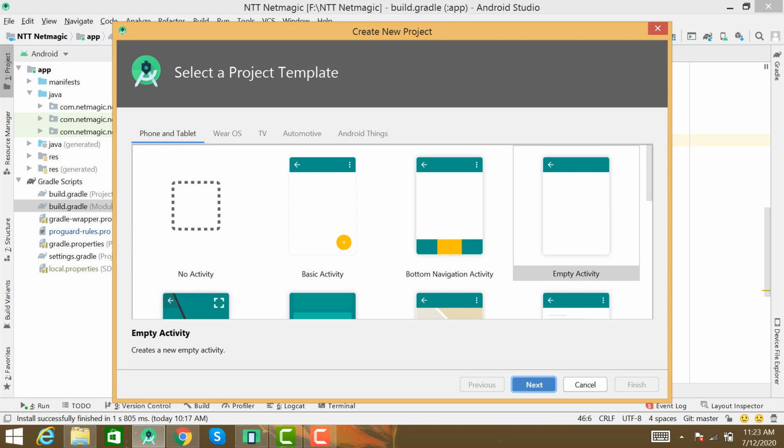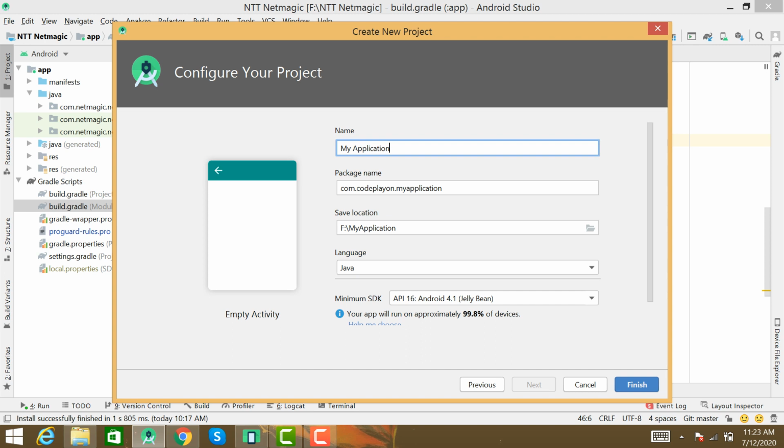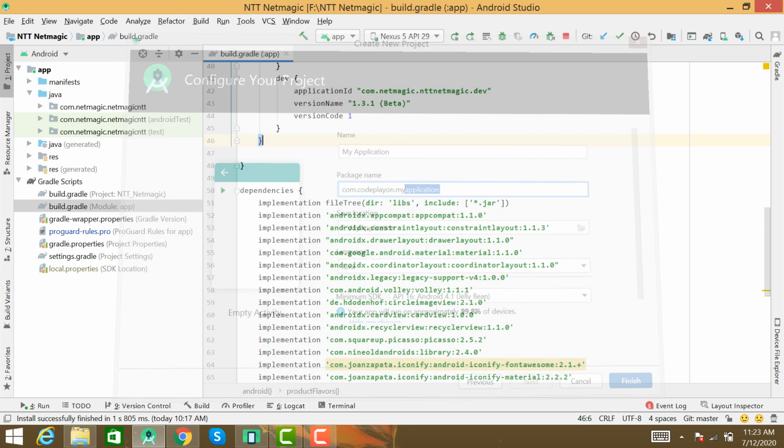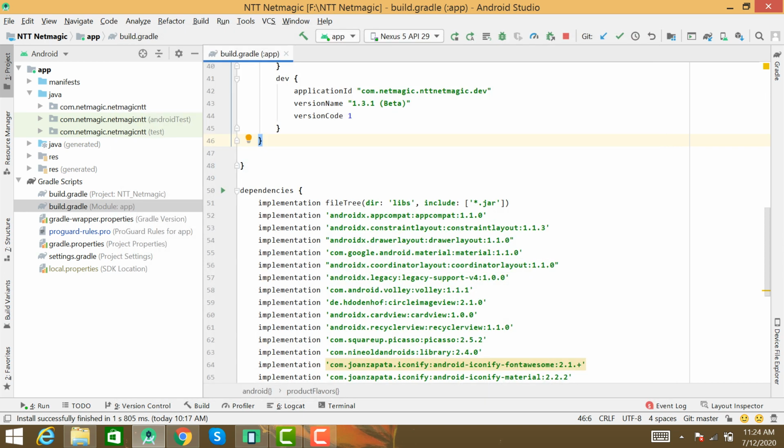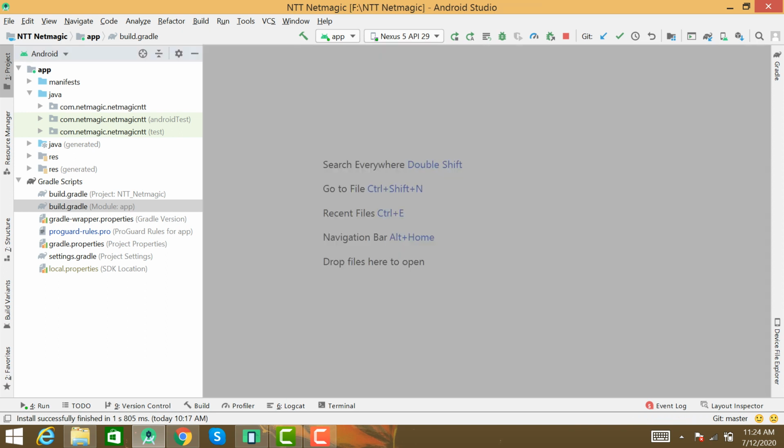Next, follow just two simple steps for implementing grid layout in your Android applications. Set your application name, set your application package name and click on Finish. After clicking Finish, your project is running successfully.